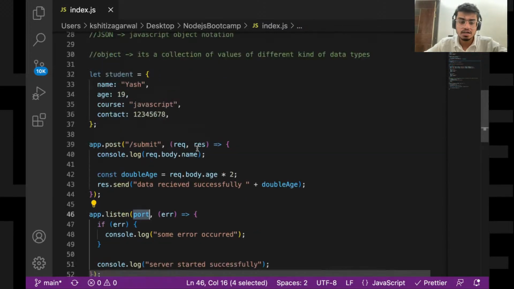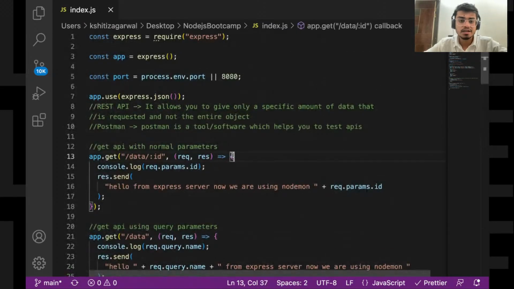After that we simply created get and post APIs. To create a get API, we write the URL endpoint, then a function with request and response, and act as per the request. If you want to check something in the request, you can check it either in the params or directly in the URL.